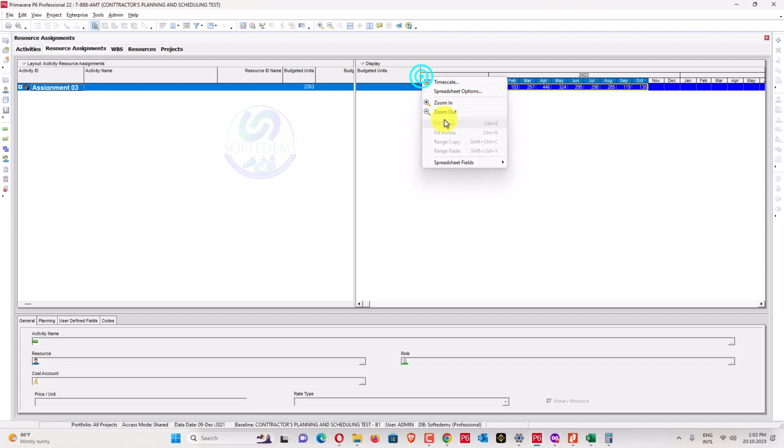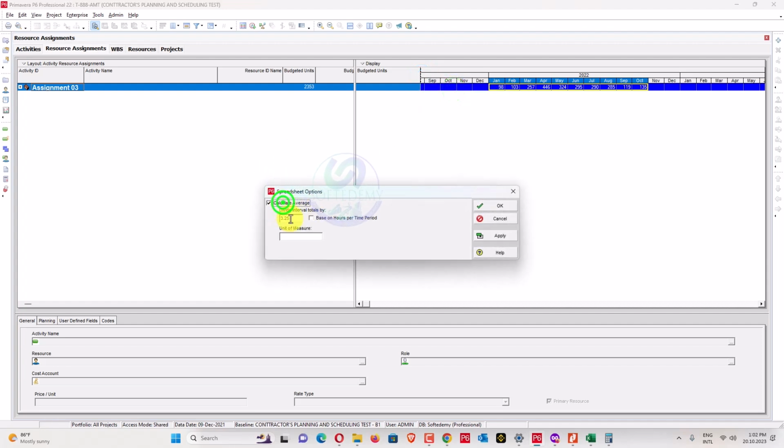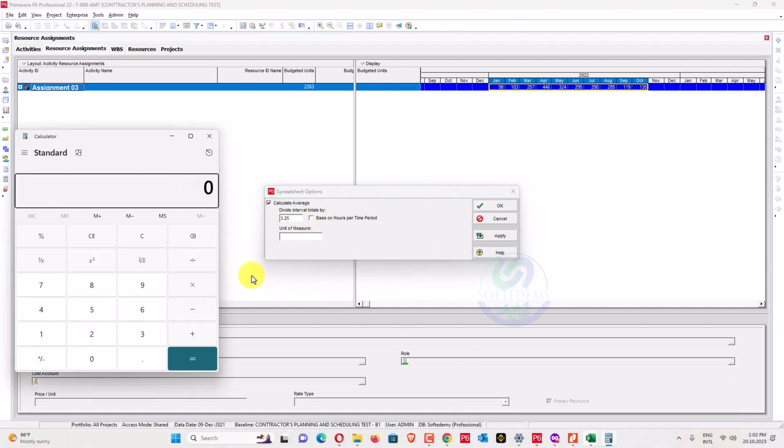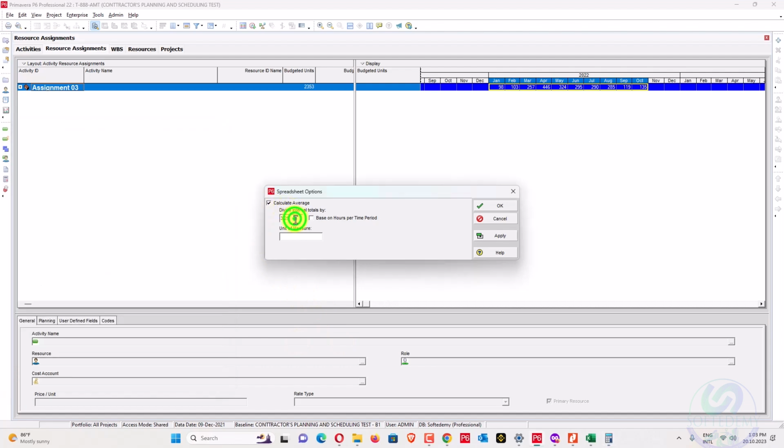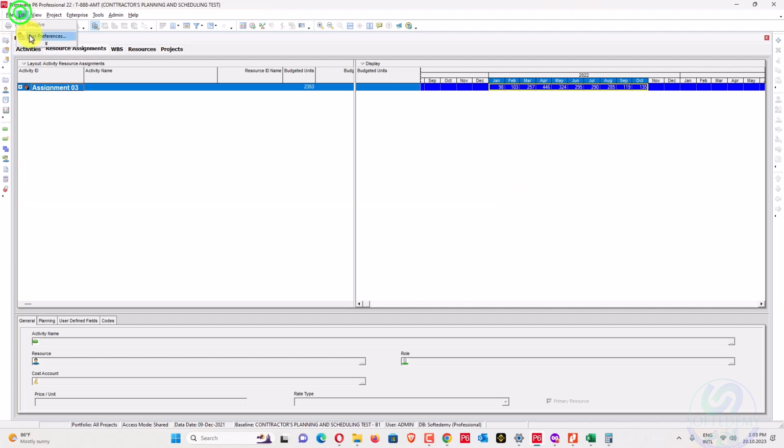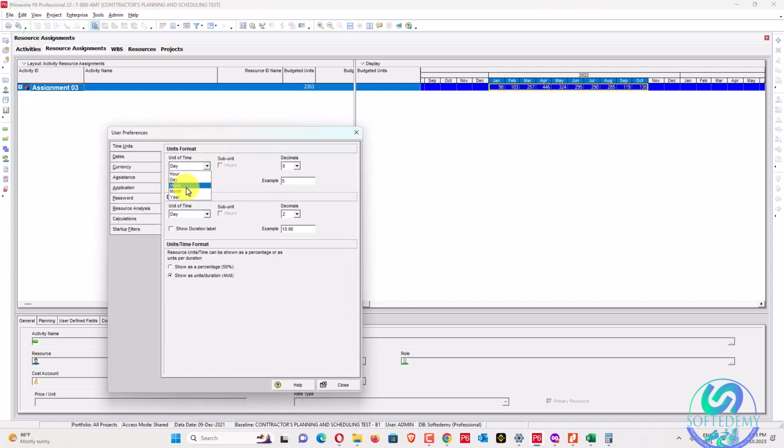So if you want, you can also change or divide from here. If you want to divide here, like in 1 month we have like days, so 26 days of work, na? So based on hour per time period. So this is hour per time, like we have 8 hours for 26 days. So we'll divide, it will not be divided by interval, divided by 3.25. So there will be another factor, I think so. But we will stick to it, if we change into the month.